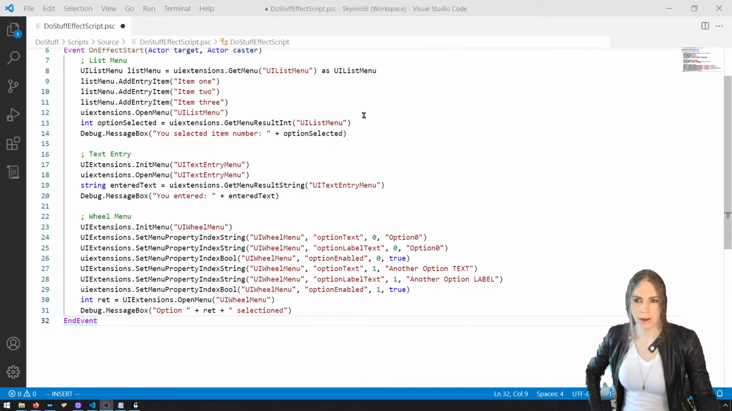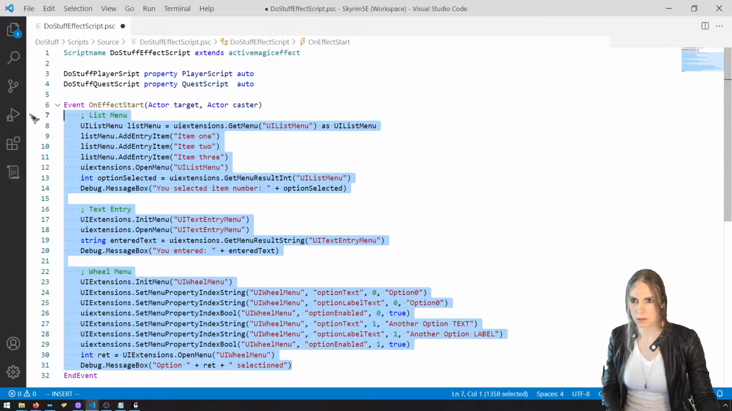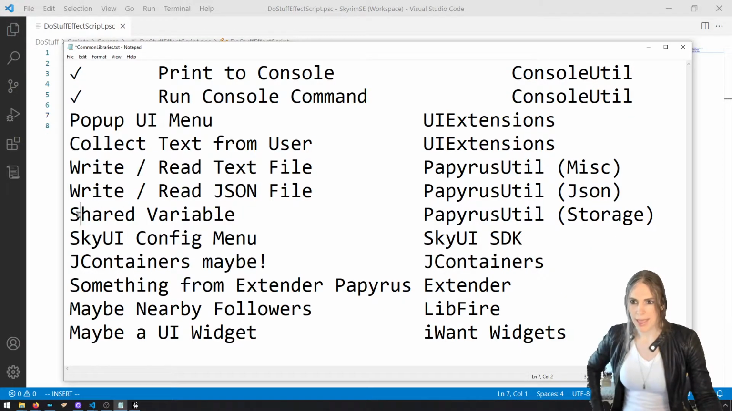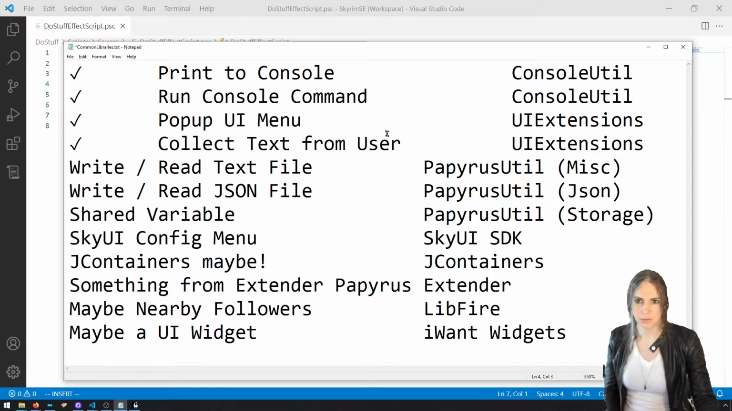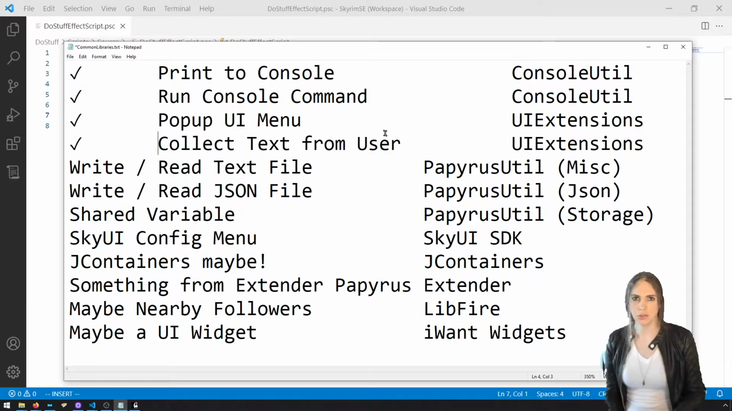All right, we're done with this for now, and I'm just going to get rid of this. Cool. Let's go to our list. I did add one thing to our list, which is important, and I added some helpers to the PapyrusUtil section, which we will get to. We did this, collecting the text from the user. If you poke around wheel some more, I'll probably do a UIExtensions